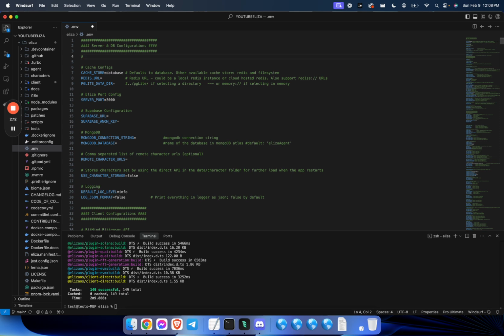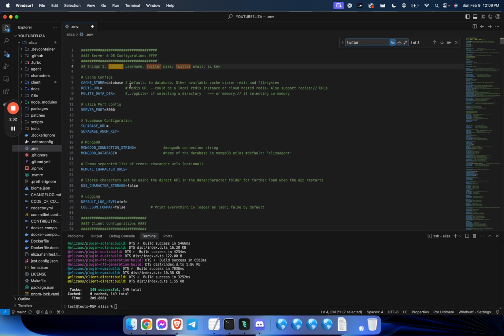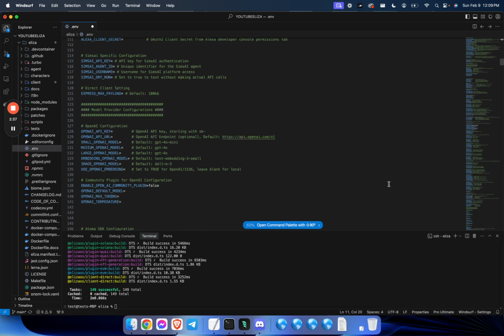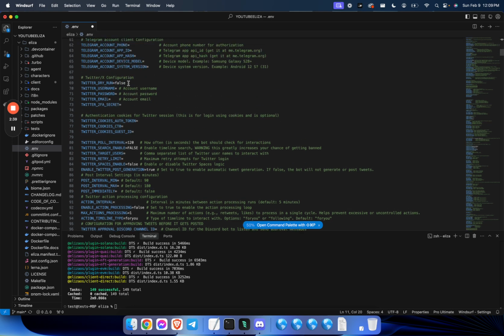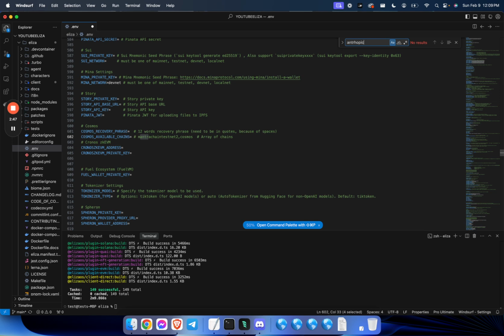So I'll write it here. We have to do 4 things in here. Twitter username, Twitter pass, Twitter email, and AI key. So the AI key could be OpenAI, could be Anthropic, could be anything you want that's compatible, obviously. Okay, let's go here. Twitter username goes right here. Twitter password goes right here. Twitter email goes right there. And then